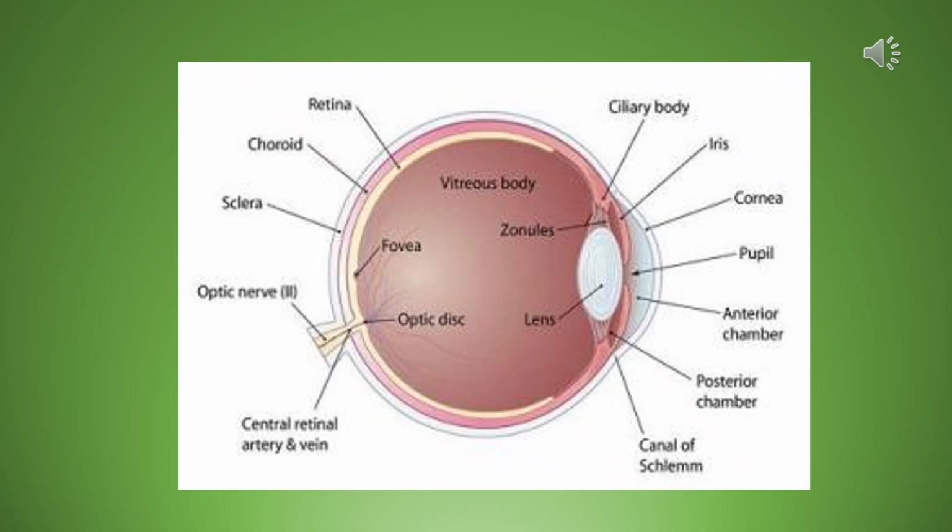Anything that is produced 24/7 has to be absorbed 24/7. Otherwise, it's going to increase in volume and therefore increase in pressure. So if we have a production of aqueous humor in the anterior chamber and it is not equally drained by the canal of Schlemm, then the pressure is going to build up in the anterior chamber. That pressure eventually will translate back to the retina and will cause blindness if it is not corrected. Glaucoma is the second leading cause of blindness in America.